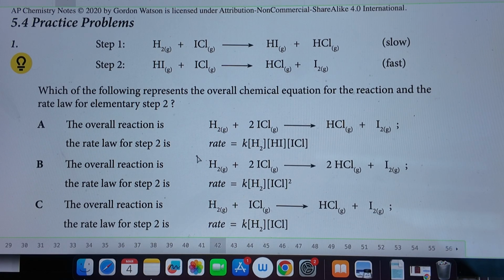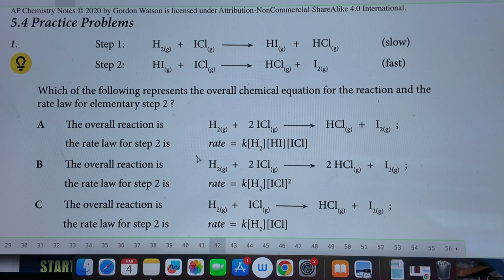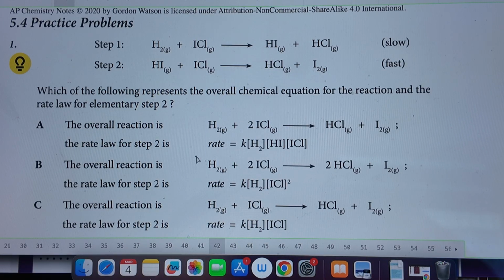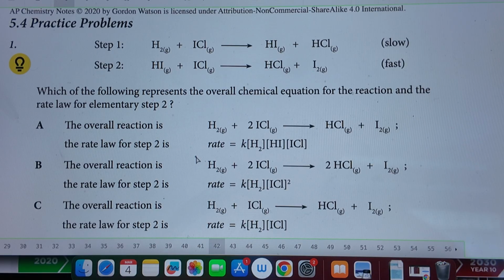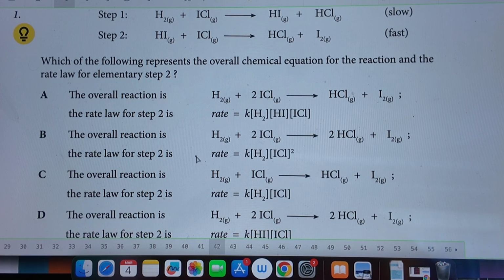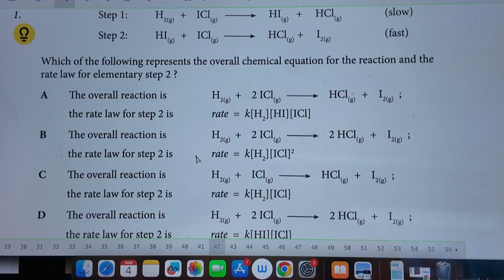Okay, for 5.4, we have step 1 where we see H2 plus ICl, and that happens slow. And then we see step 2, HI plus ICl, and then we have both of them, we have replacement reactions. Okay, and so which of the following represents the overall chemical equation for the reactions and the rate law for step 2? So step 1 happens slow, step 2 happens fast, and when we stack them, we get H2 plus ICl